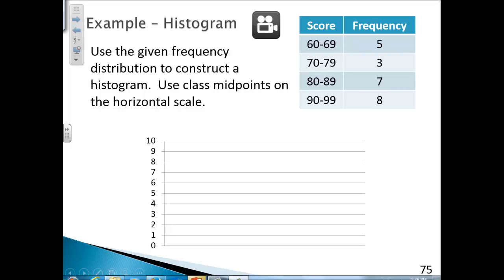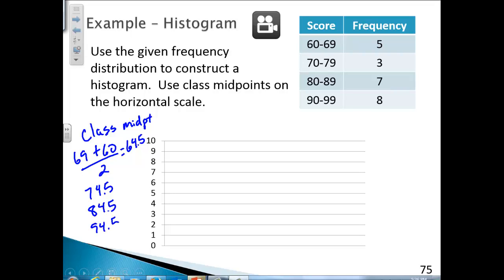To find the class midpoint, remember we're going to take the 2 values in the class, add them together and divide by 2. So that's 64.5. And there's going to be a pattern to that. So our class midpoints are going to be 64.5, 74.5, 84.5, and 94.5. And we'll label the class midpoints in the center of each bar for each frequency. So 60 to 69 had a frequency of 5. So we go up to 5,